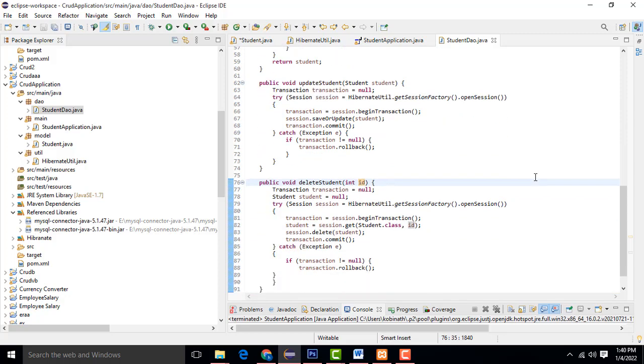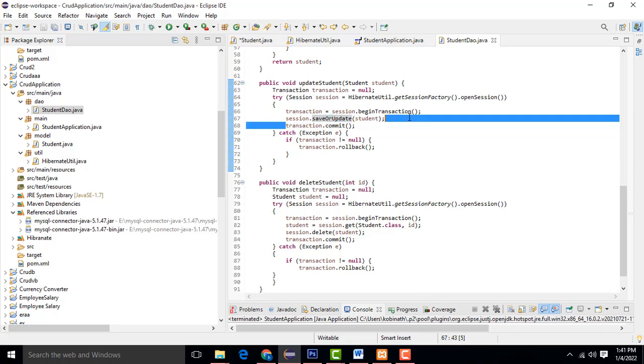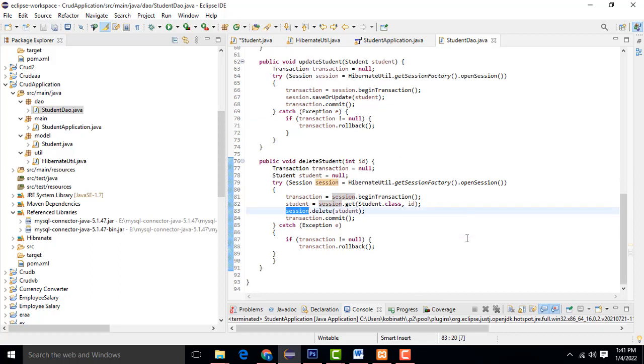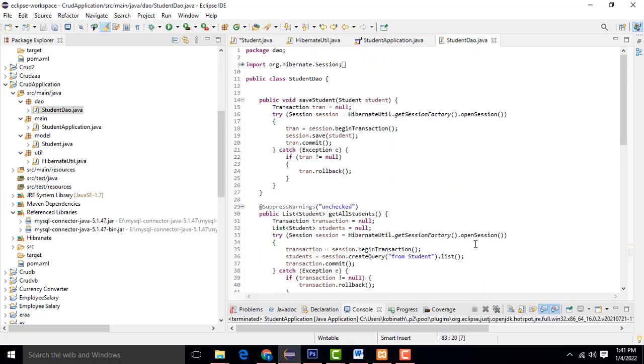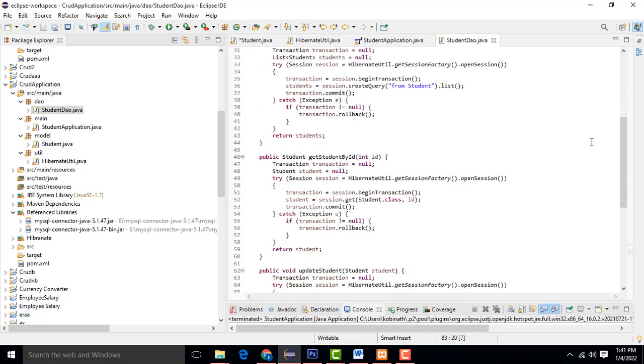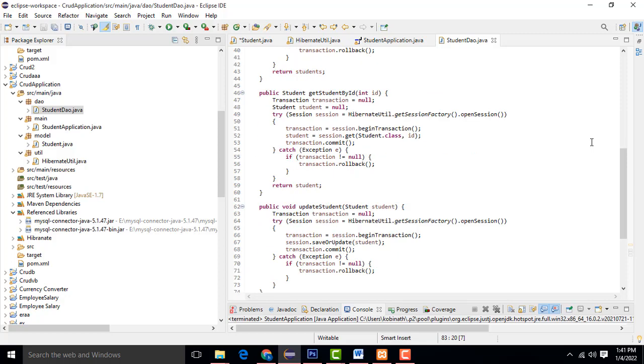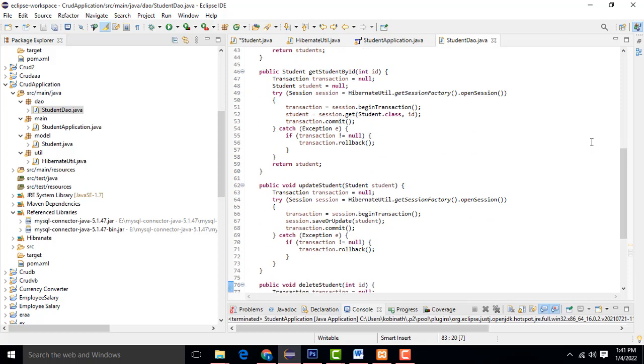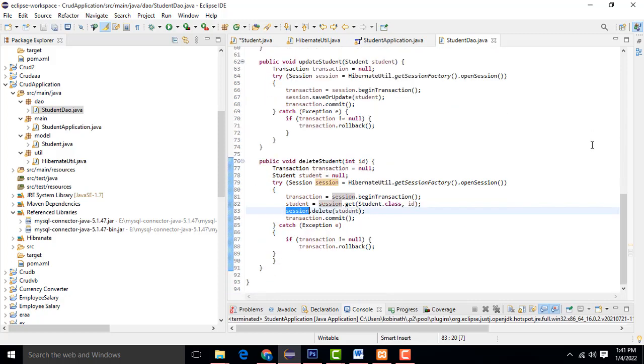Here we can also choose session delete. Here is session save and update; this method works to update the record. This is session delete, which deletes the record. This is simple stuff. The save is for view records. This is search record, update record, and delete record. That's the simple stuff you have to take.